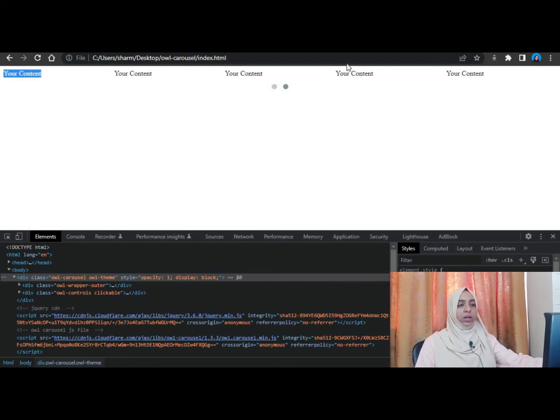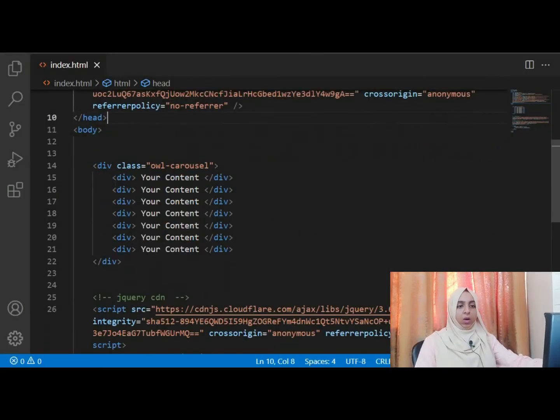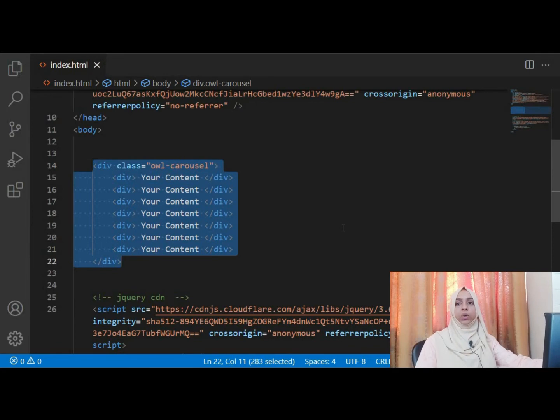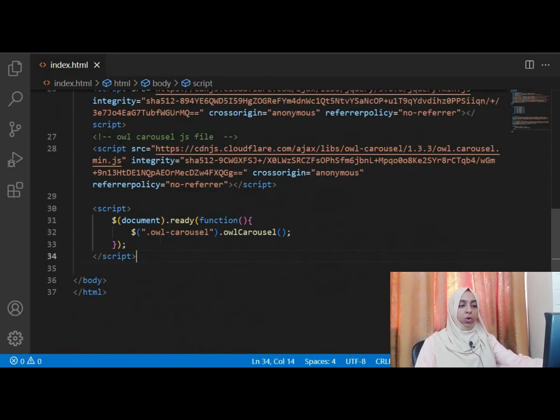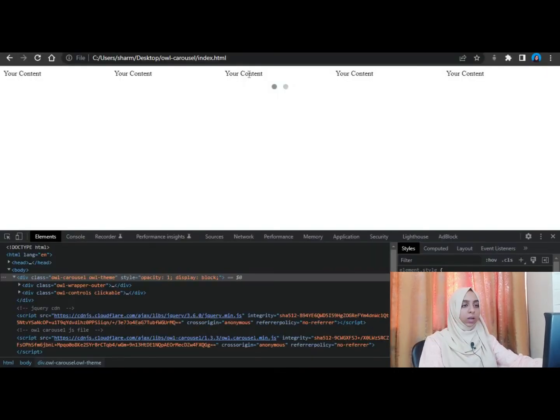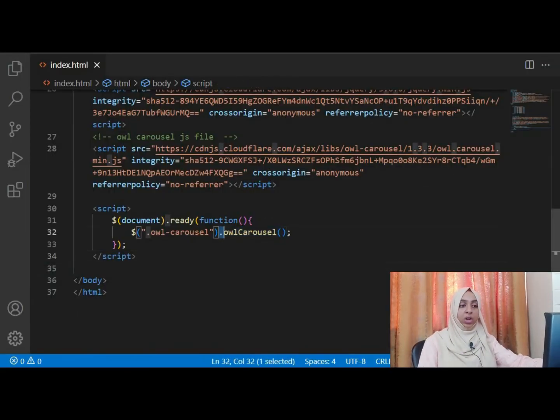It was so easy, right? Now you will say that this doesn't look really appealing or it doesn't look good. We can do a lot of things. Now we have these things ready. What is happening here exactly is this is the main div that your owl carousel is targeting. And when you go down here, you can see that this class over here is given the .owlCarousel function. Whatever you're seeing on the screen right now, this moving, this navigation working, all this is coming from this function, owlCarousel.